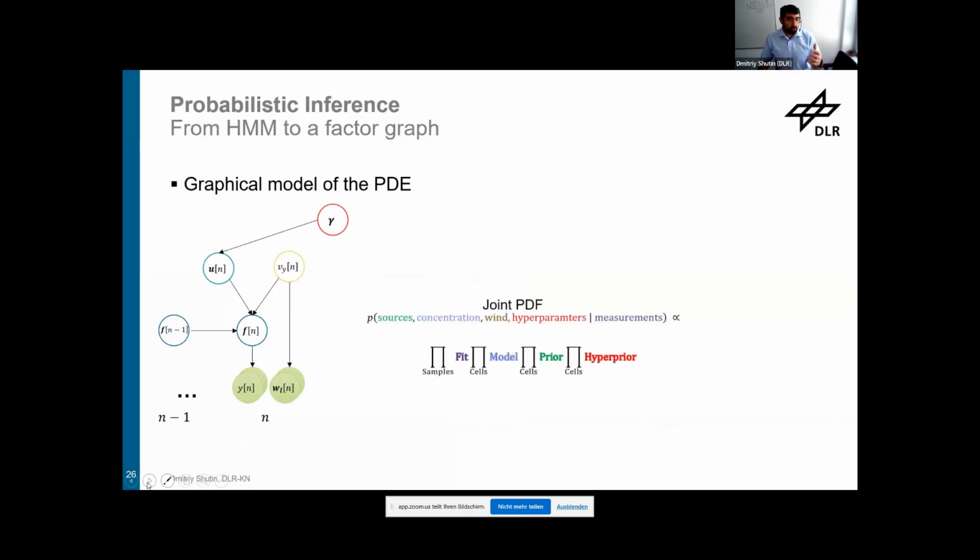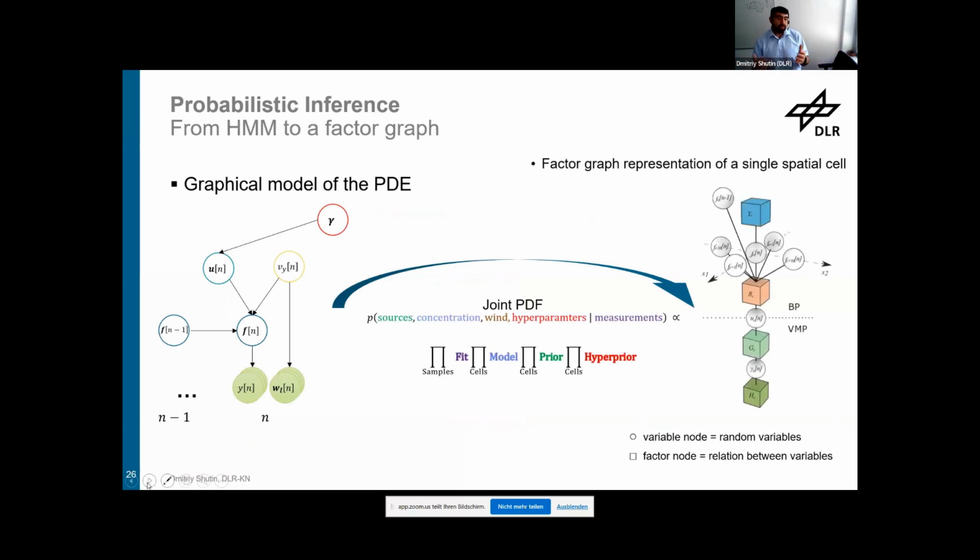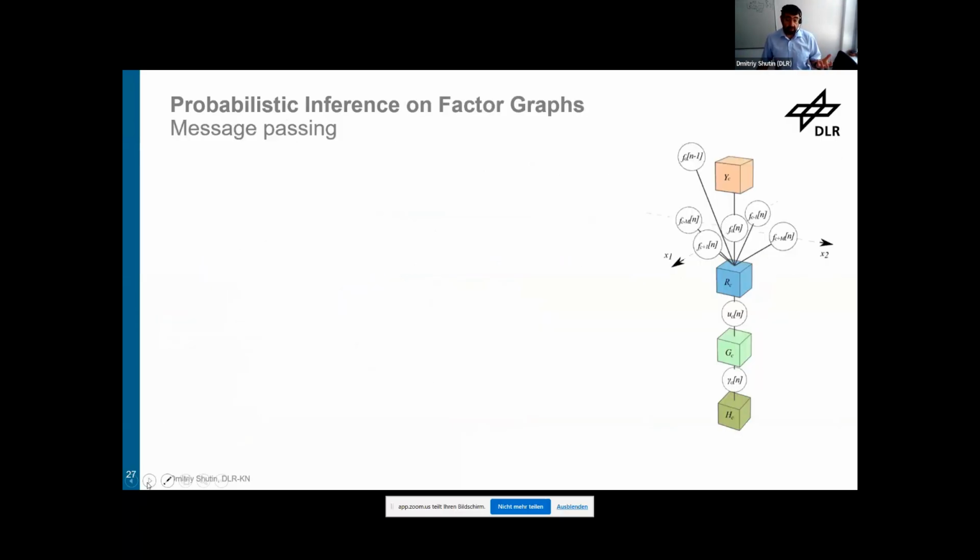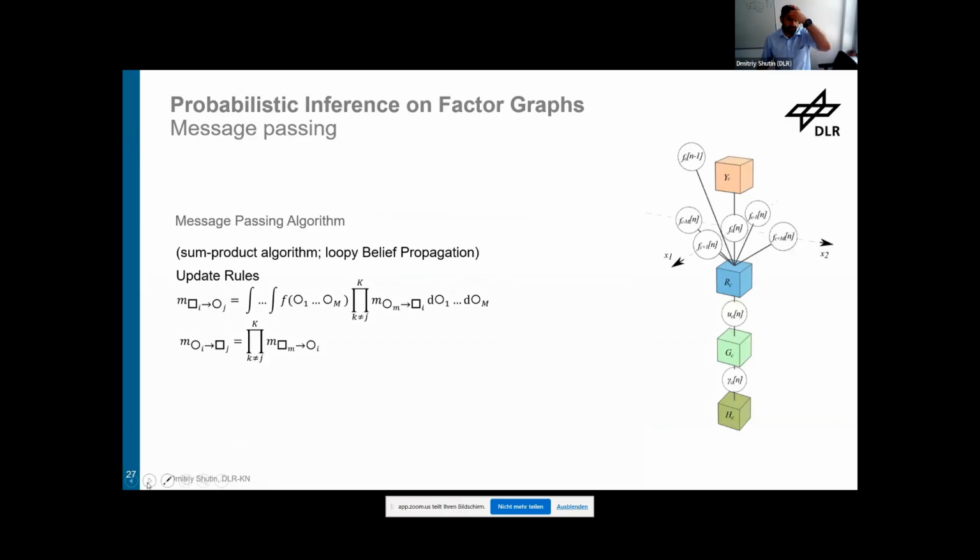And one of the ways to do that is to use factor graphs, because everything factorizes quite nicely. So the solutions that we have developed for such types of problems are factor graph-based solutions. The advantage of the factor graph is that you can derive messages that you need to send between factors. By transmitting the messages between the factors, you can then identify the marginal PDF of the variables of interest: of the concentration, of the source values, or of these gamma hyperparameters.